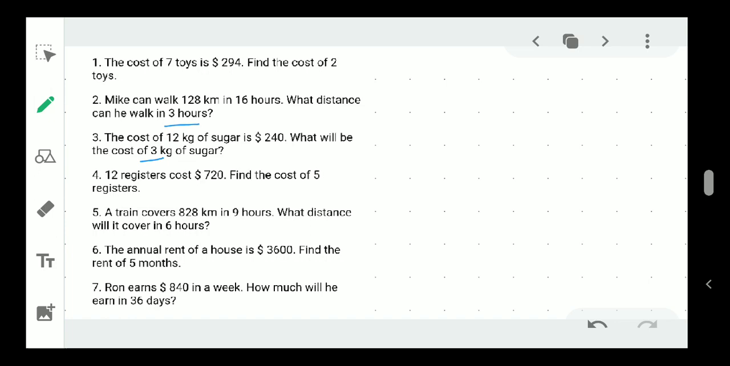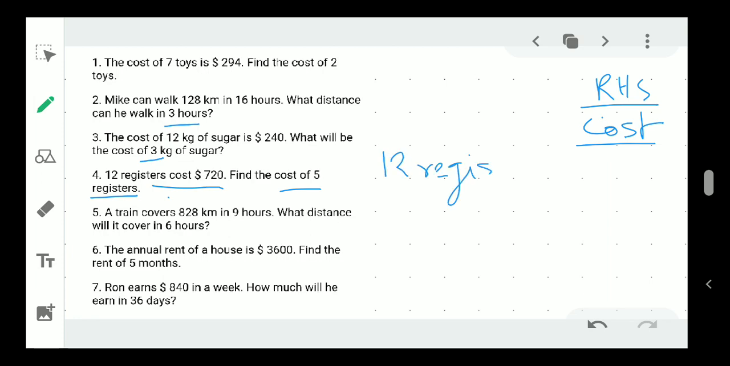Okay, so moving to the next one. 12 registers cost this much. Find the cost of 5 registers. Again, cost will be on the right hand side. So cost will be on the right hand side. So what will I write? I will write here that 12 registers will cost